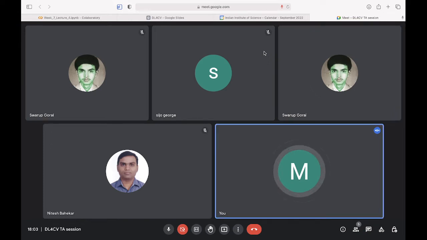So actually, the gradient with respect to those weights will